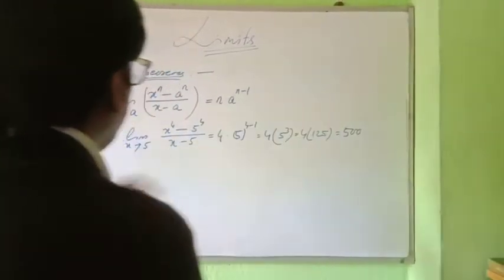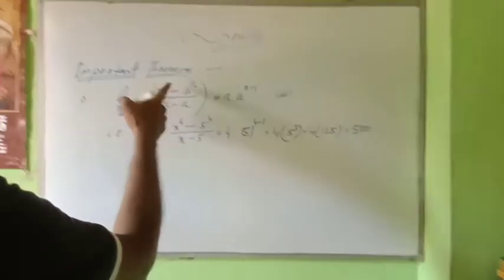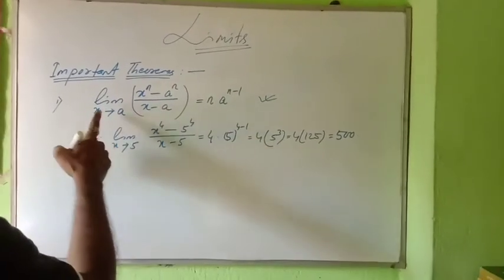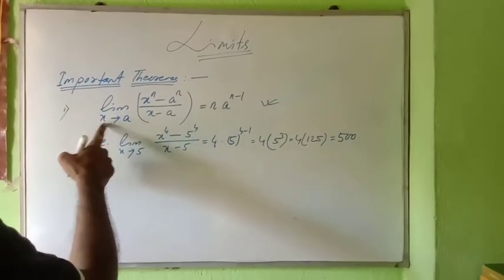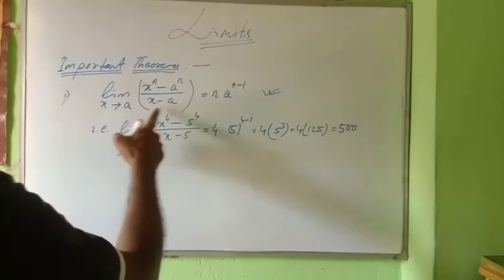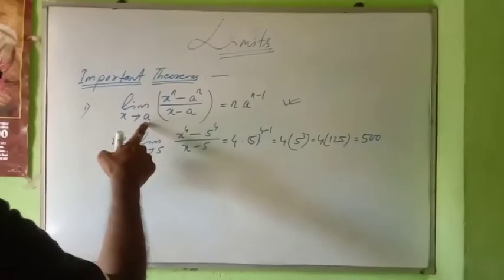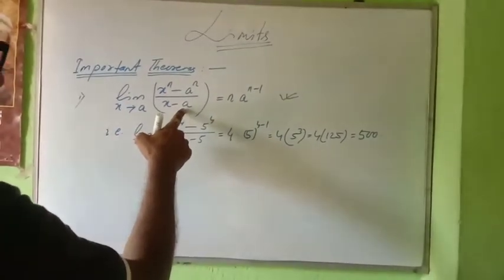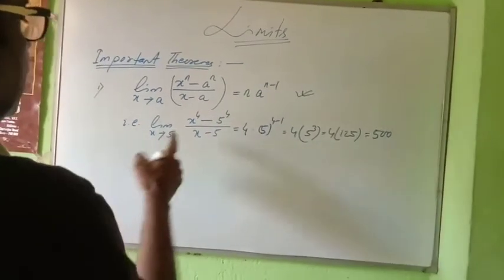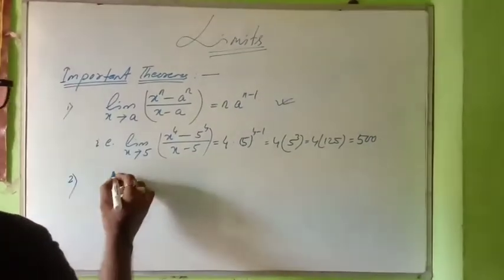Okay, limit. Main formula, you have to memorize: x to the power n minus a to the power n by x minus a, x tends to a. If I put x equal to a directly here, it will come 0 by 0. Therefore, we cannot put it directly. You have to memorize the formula. The power n will come here into a, where a is the number you see here, the same number, a to the power n minus 1. I have given one example here. There are so many examples.